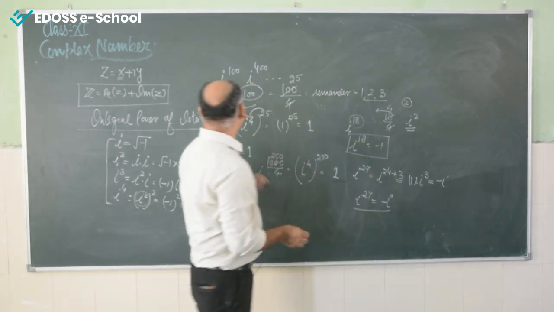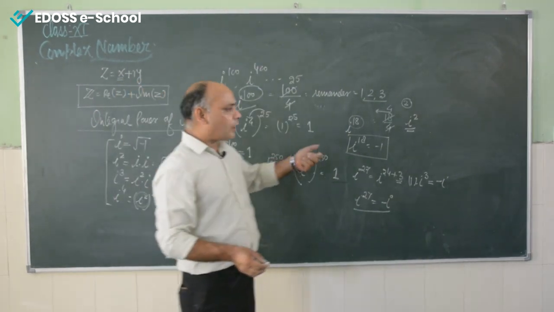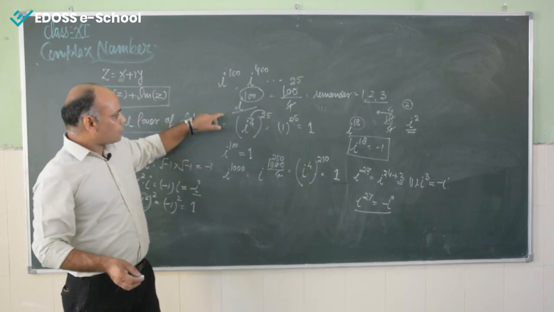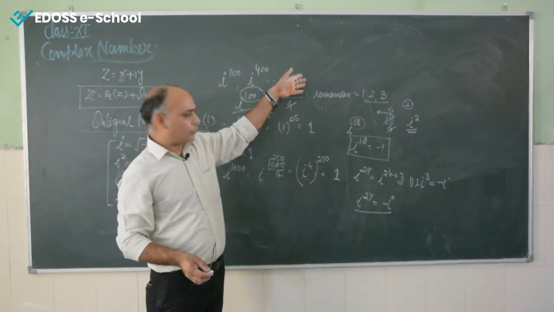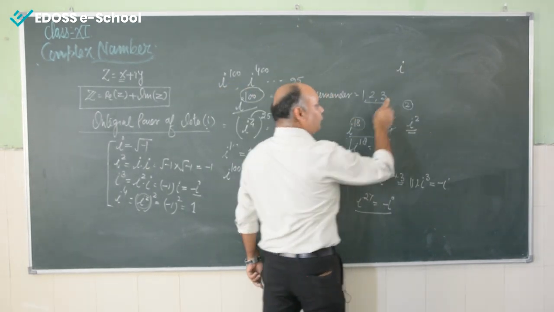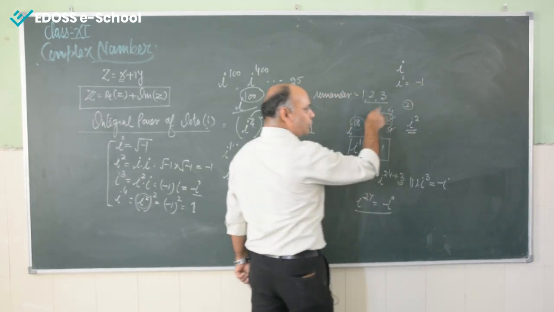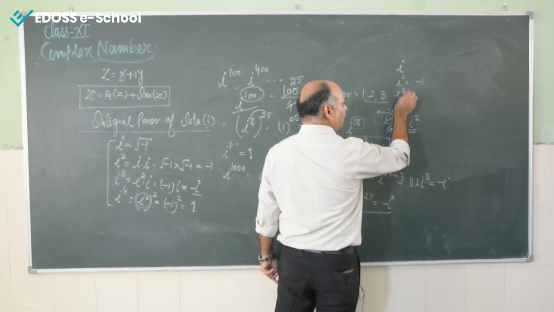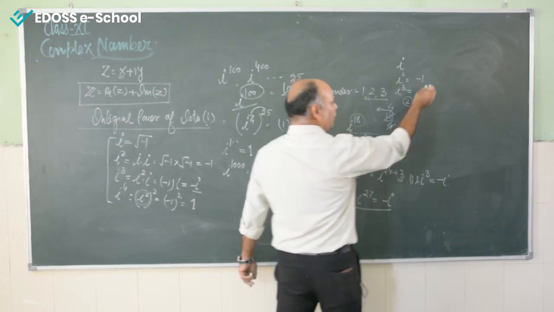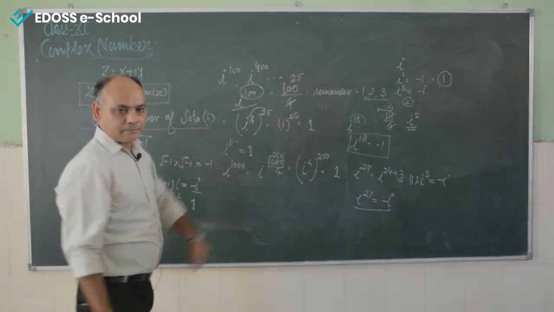This was the integral power concept of iota, how you can find the value of iota having any power. Let me tell you a second time: first you have to divide the power by 4. If the remainder is 1, then the answer will be equal to iota. If the remainder is 2, then the answer will be iota square, and iota square equals minus 1. If the remainder is 3, then iota to the power 3 is equal to minus iota. And if it is completely divisible by 4, then the answer will be equal to 1.